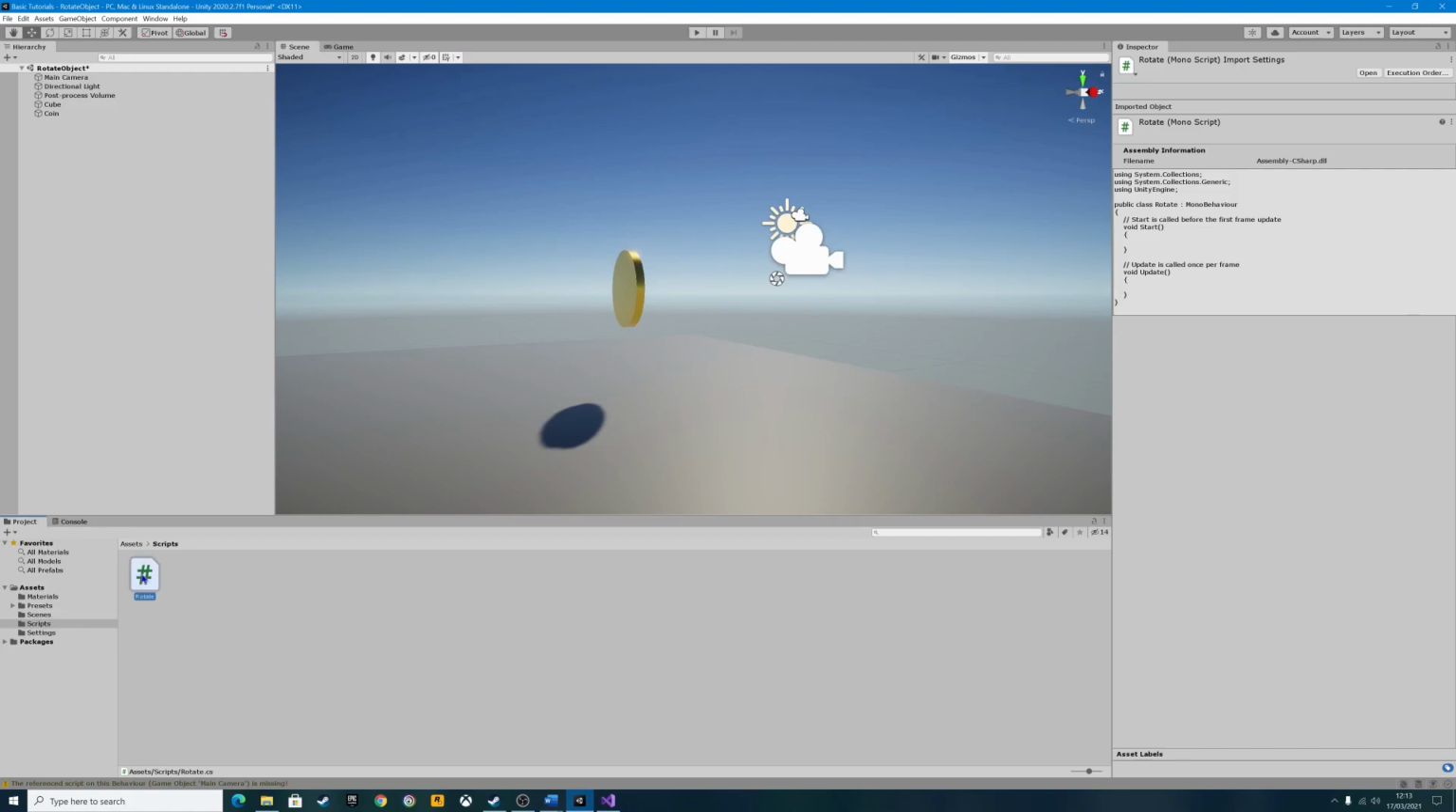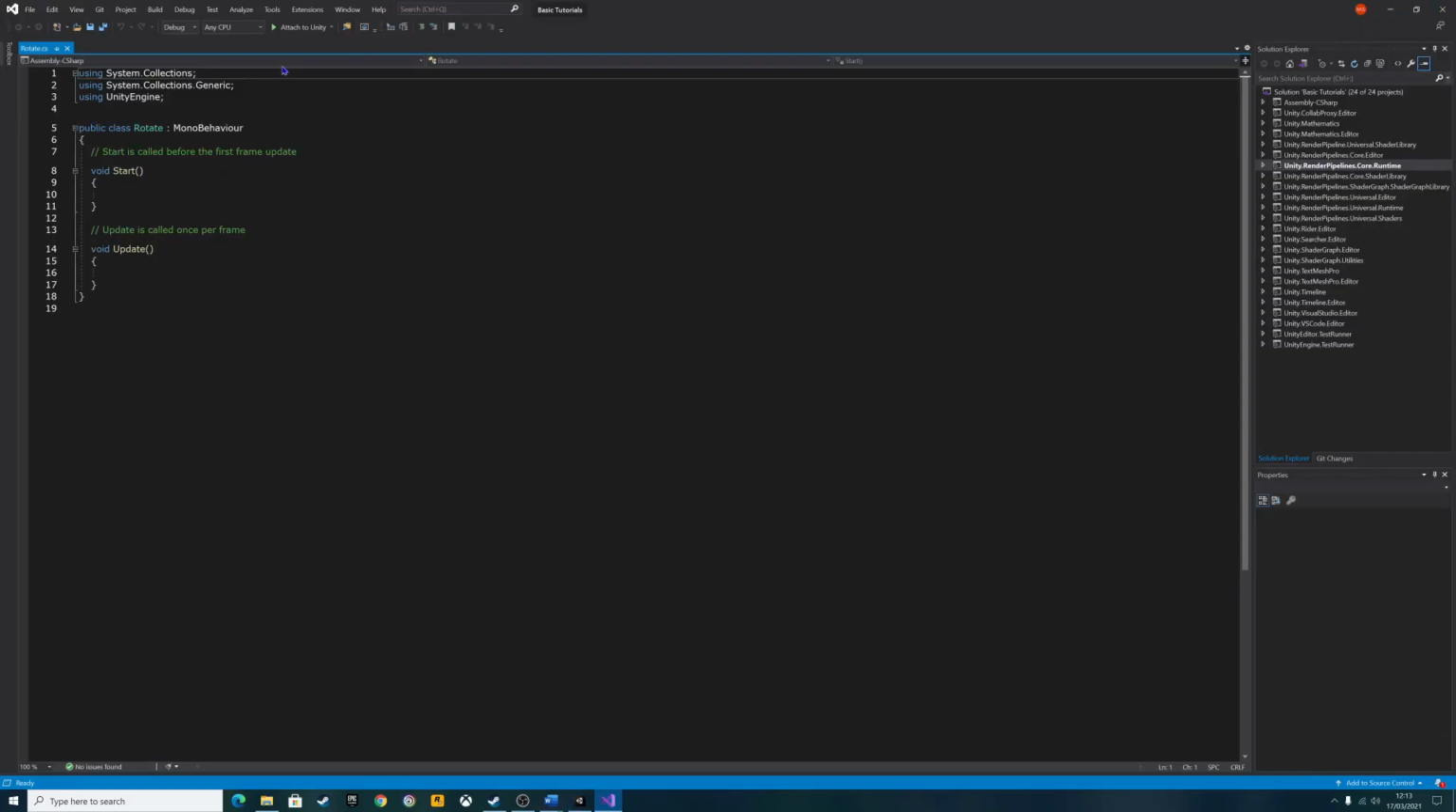Okay, once you've got that, double click on it to load up Visual Studio, and there is our script with absolutely nothing in it. We don't need the start function, so we're going to delete that. Get rid of that there as well. And the first thing we're going to do is create a rotate speed. We're going to declare a variable. So we're going to public, and I think we're going to do float,